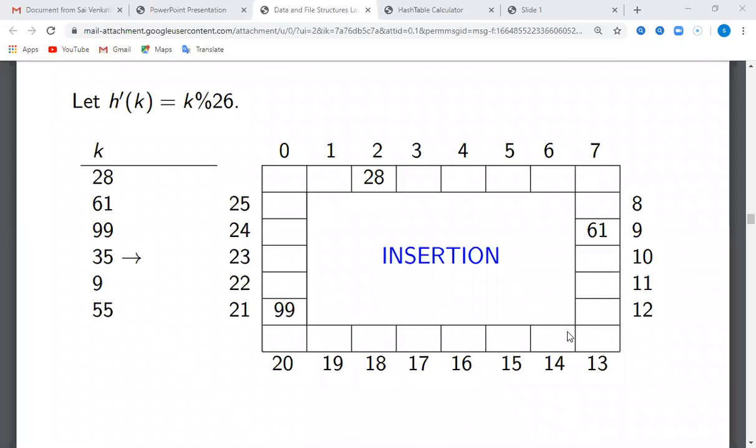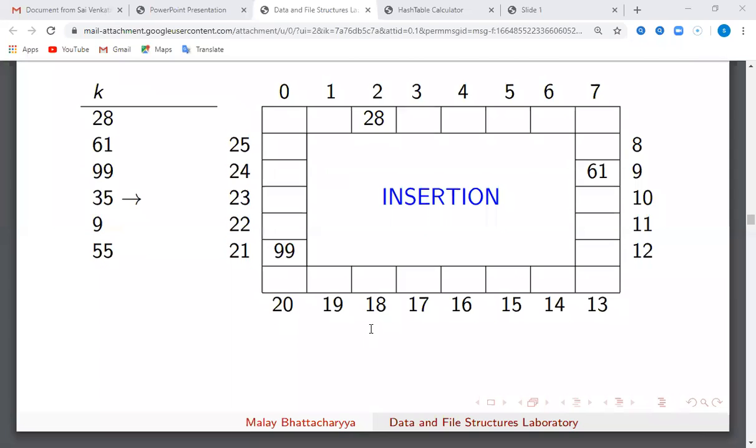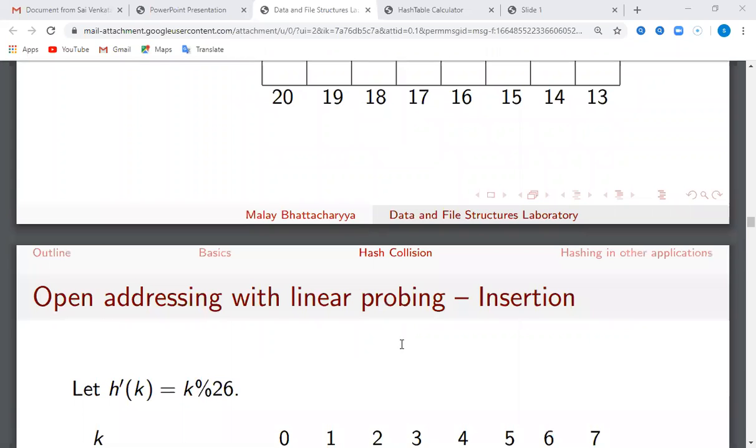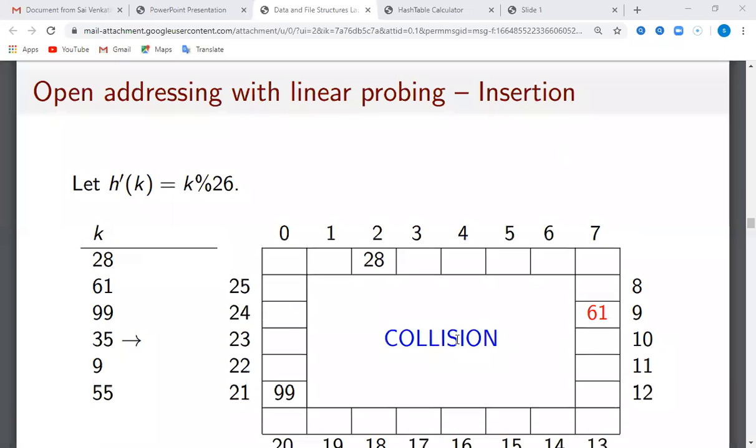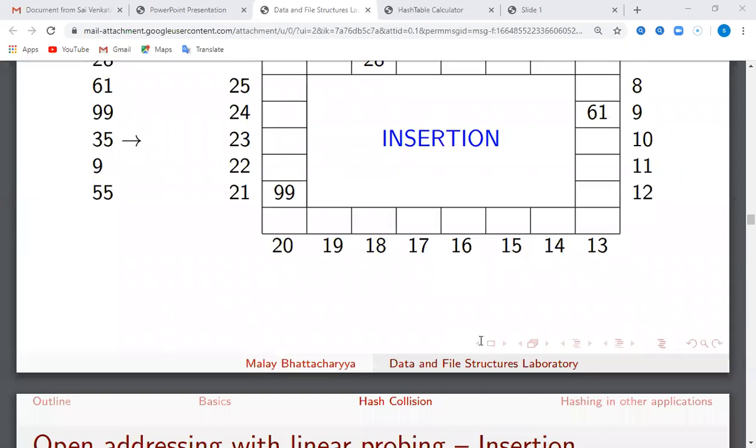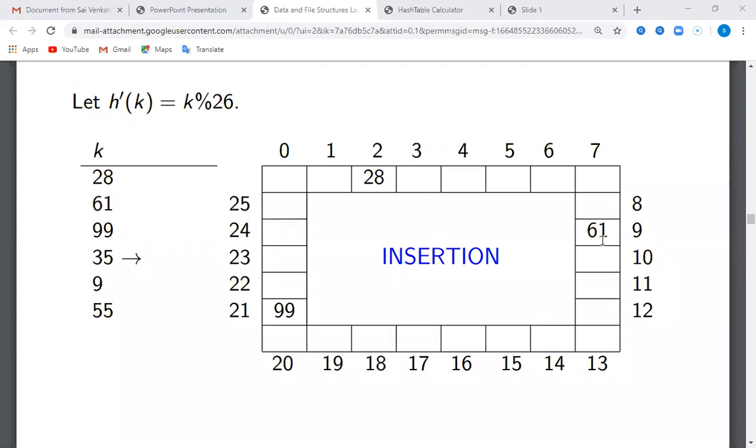Next one is 35. 35 modulo division 26 gives 9. But already in the ninth index the element 61 is there. Can we insert?